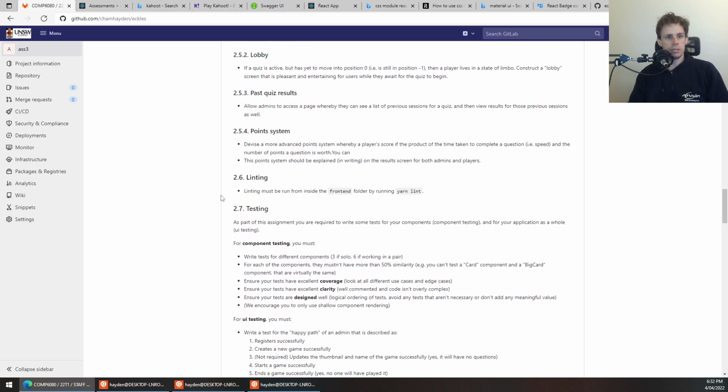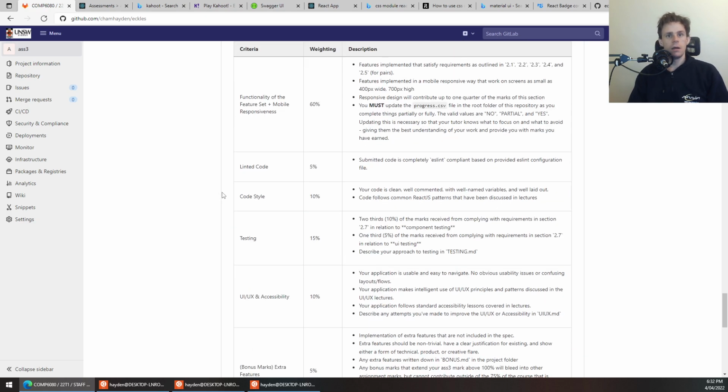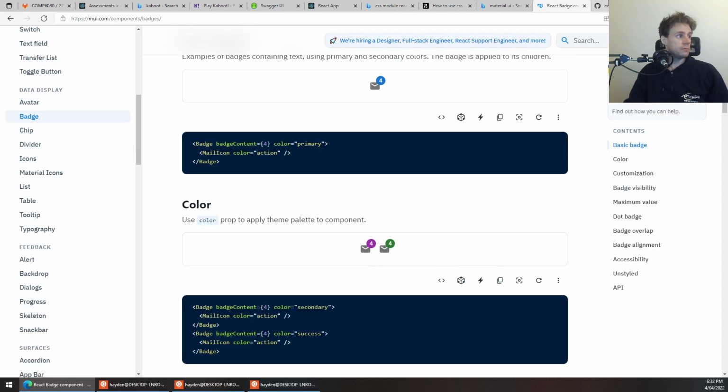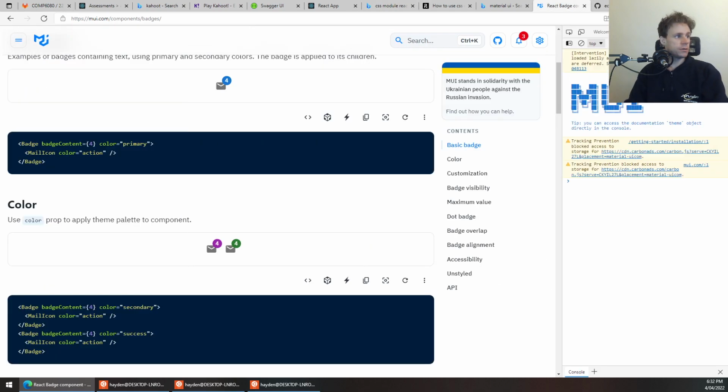Question from Johnson about the marking criteria. What are the specific requirements for the mobile responsiveness part? That's a good question. Similar to assignment 2, we are just looking that it seems okay. We do not have any specific requirements beyond telling you the smallest screen size. It essentially just means that your website should behave. So again, if you look at, say, the Material UI website,